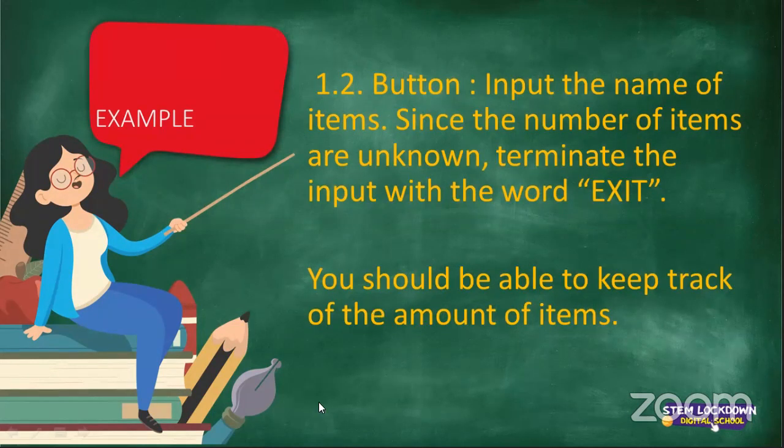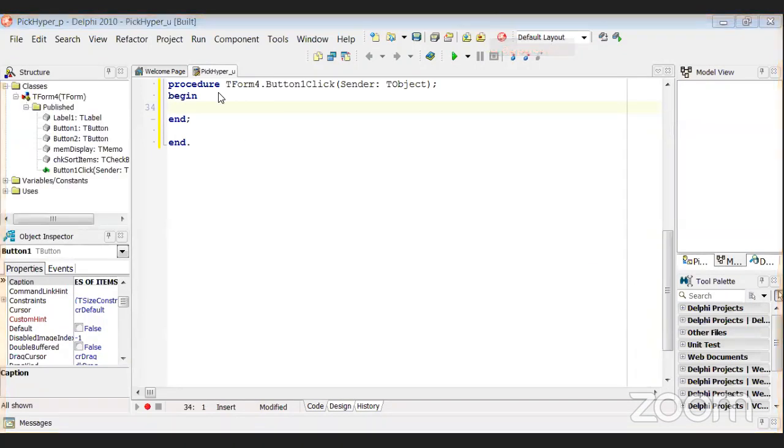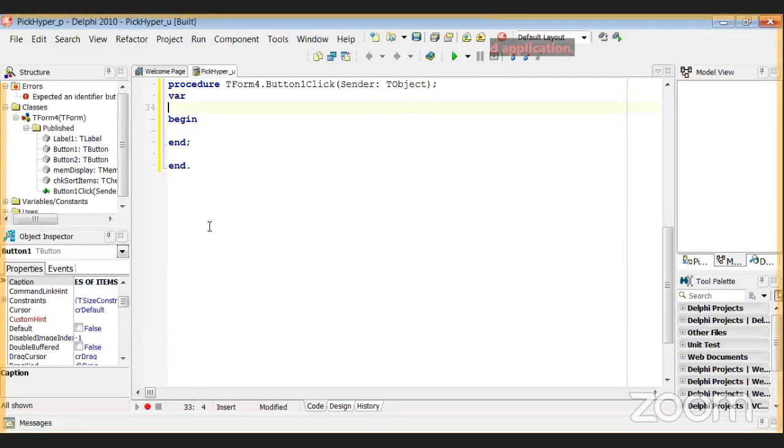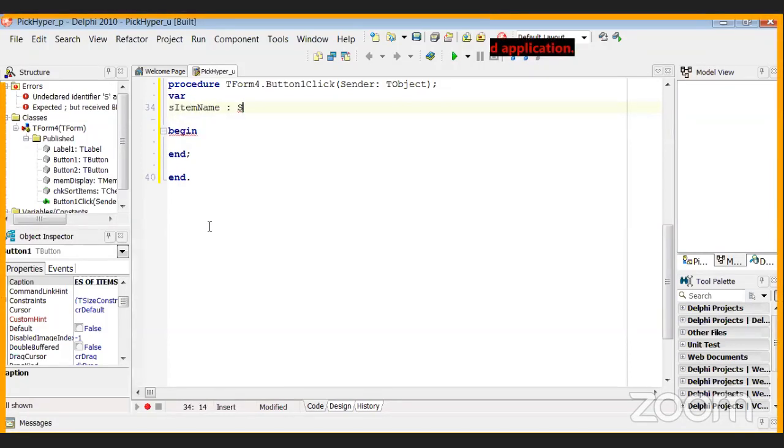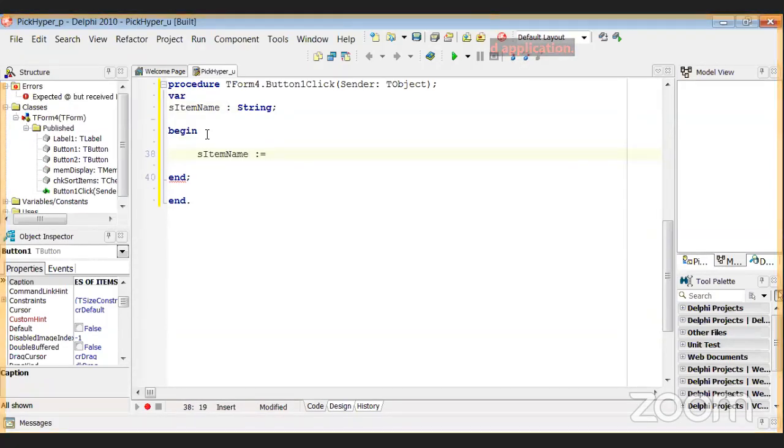I'm going to go back into Delphi. I'm going to double click on the enter names button. Okay, and I'm going to use a while loop. So again, I'm sure you guys know how a while loop works. I'm going to declare a variable so that we can get the item name. So I'm going to say sItemName. I'm going to make that a string. Okay, and then I'm going to come within the begin, and I'm going to say sItemName is equal to, or assigned to, and we want to allow